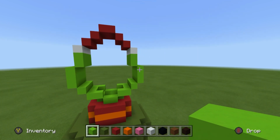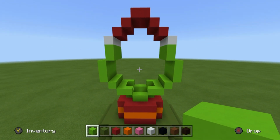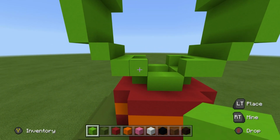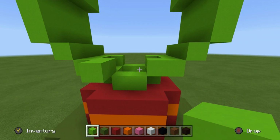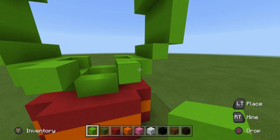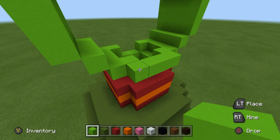So now that we have a head that is 4 rows thick in total, instead of the 2, on the front of the head, we're going to start adding more detail. The back of the head is different from the front here because obviously the Grinch doesn't have 2 faces. So we're going to take these blocks that we just used to fill in these gaps and extend them towards us. We're going to join them together in the middle, and then starting from this left side,